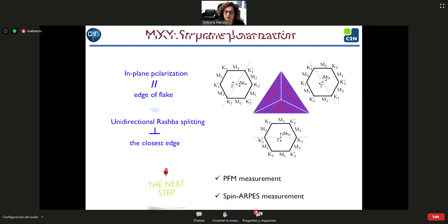So the idea is that there is a link between the structural property of this material and the orientation of the in-plane field. In particular, probably this tensile strain induced by the edges, linked also with the internal strain that we had, and the fact that we have two different chalcogen atoms with two different electronegativity, can induce this preferential orientation of the electric field, so orientation of the atoms parallel to the edges.